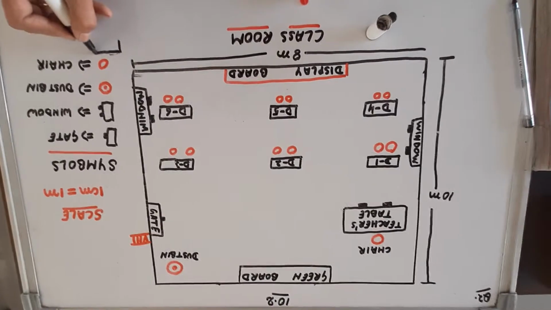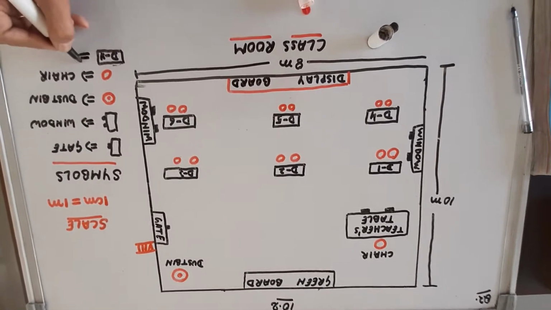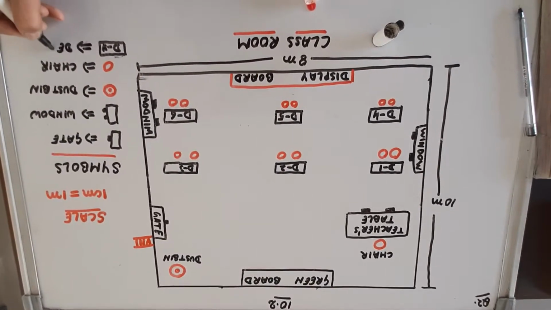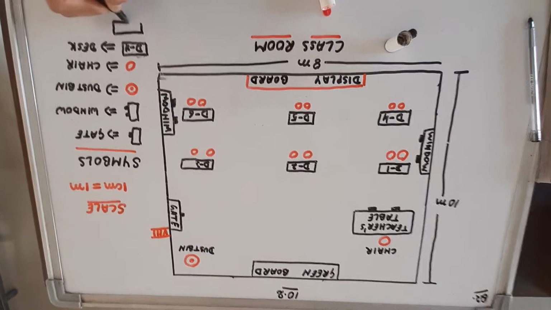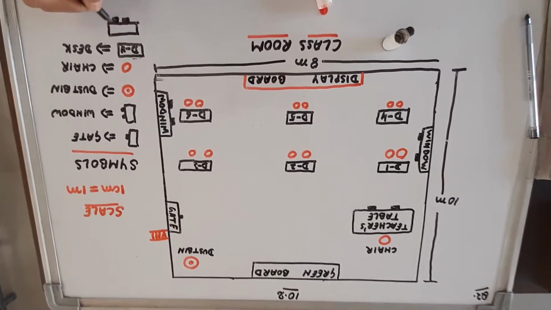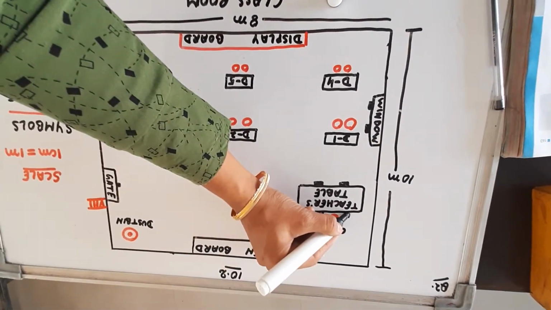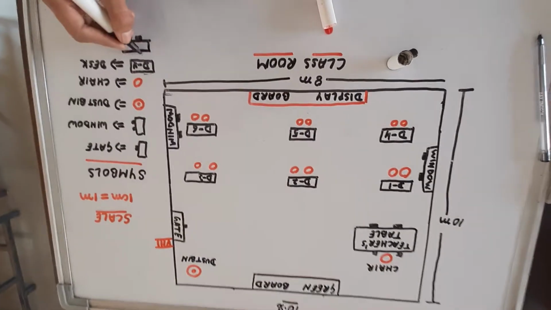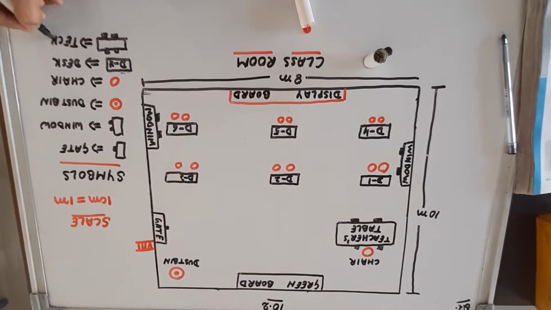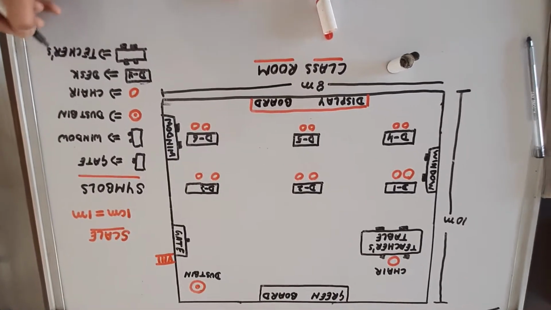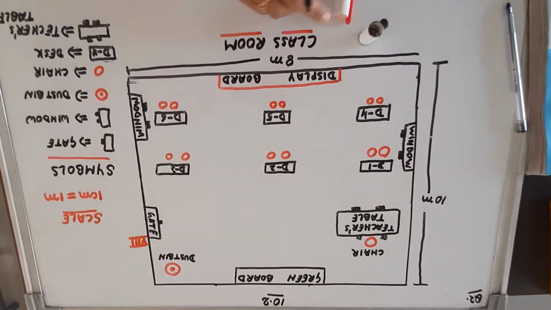Then this D and a number, this is represented for desk, student's desk, and teacher's table with four legs. We can represent four legs like this, otherwise it will become similar to window. So make it as like this, that this is teacher's table, teacher's table, right? Then next, what is left?